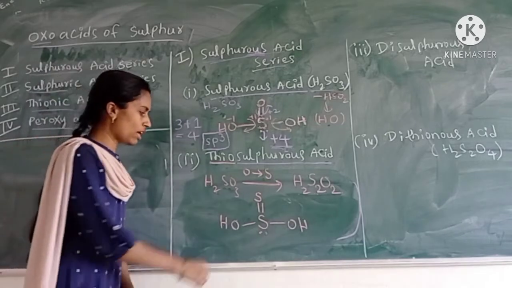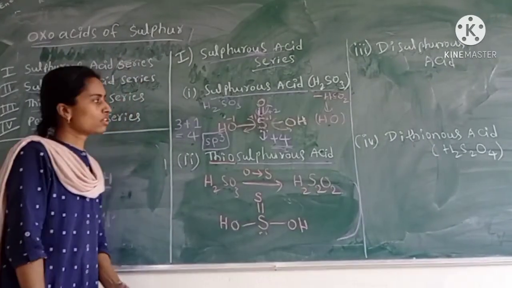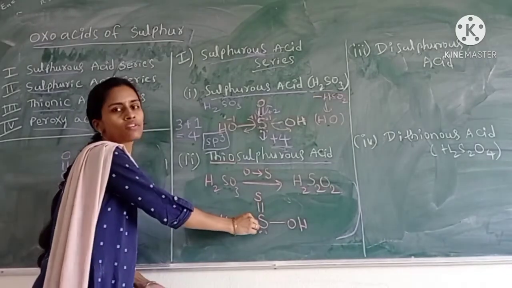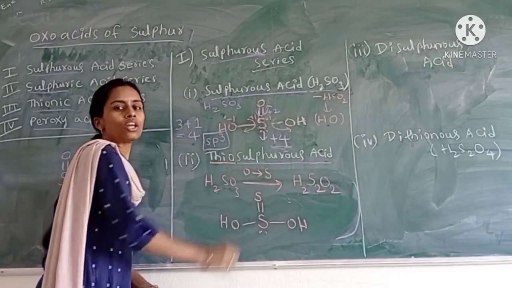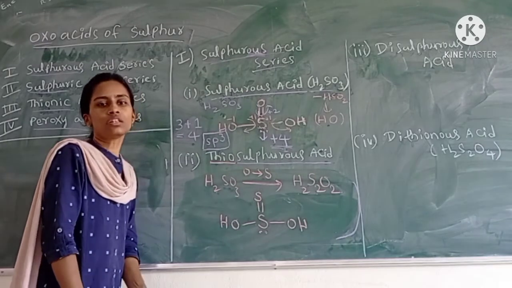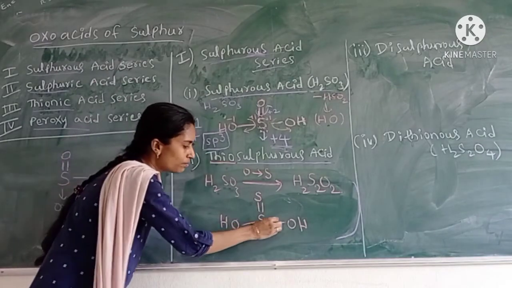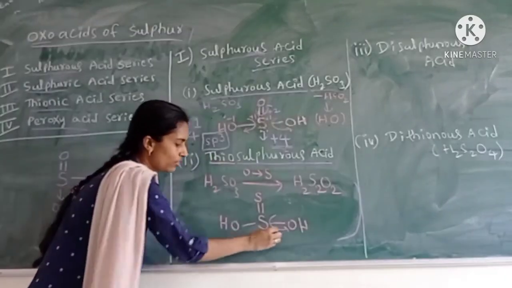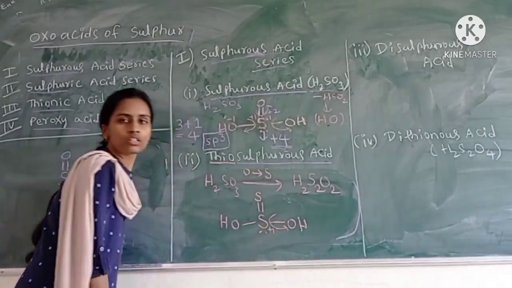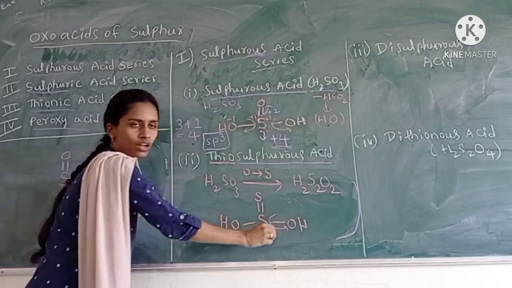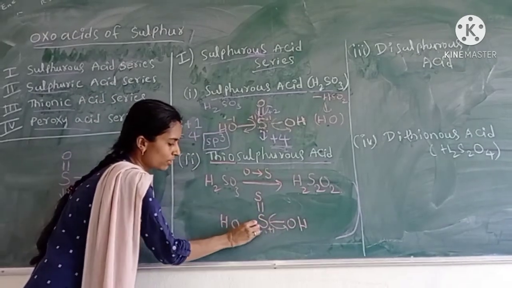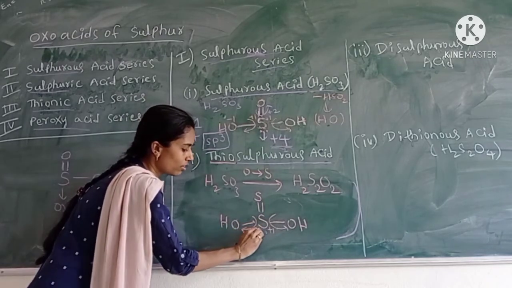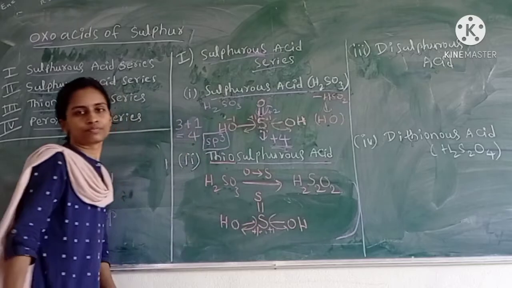So then you have to calculate the oxidation state. Here 2 sulfurs are there. So for each sulfur you have to calculate the oxidation state and then go to the average oxidation state. So this bond will move towards oxygen and this sulfur will get +1 oxidation state, due to loss of 1 electron. And here this electron will be more towards the oxygen and it will get +1.